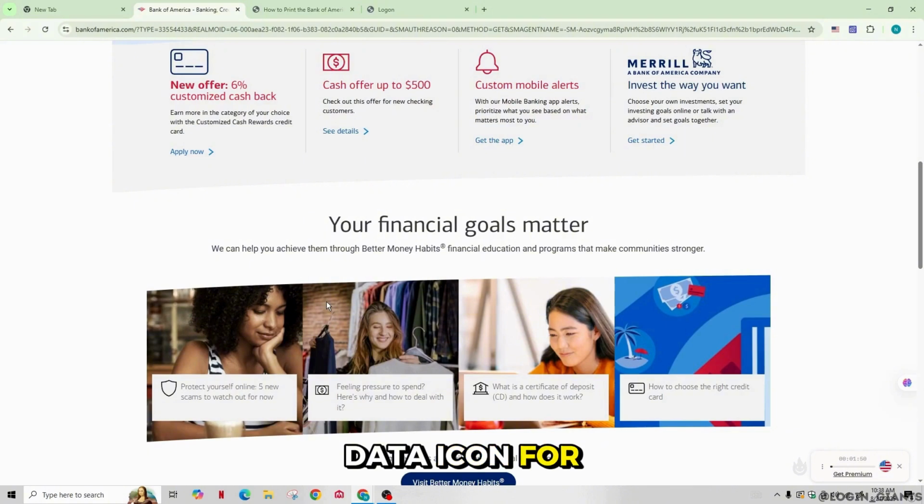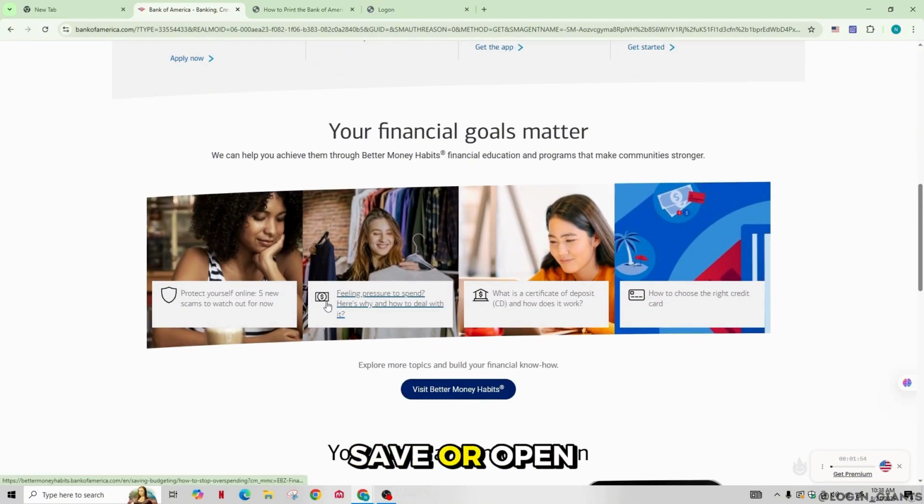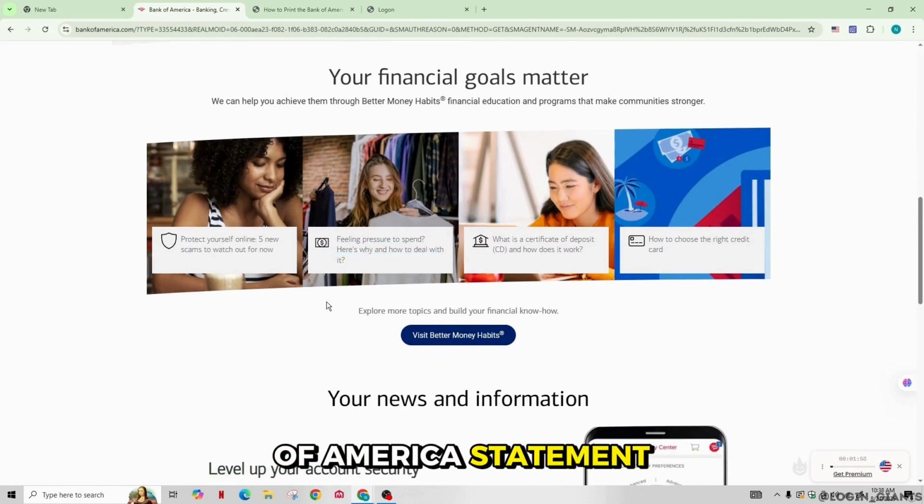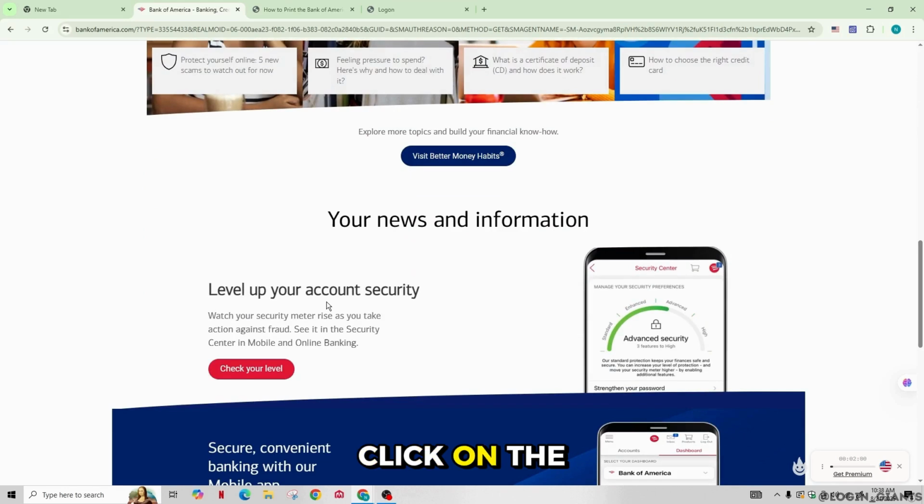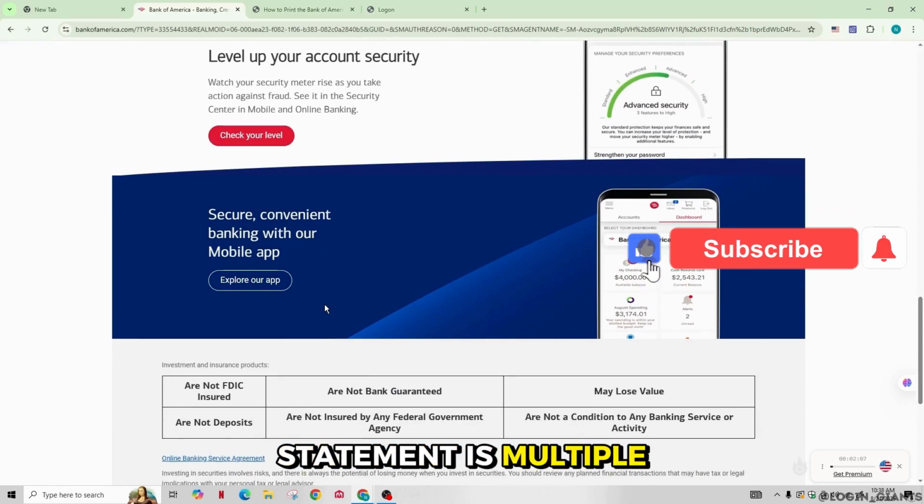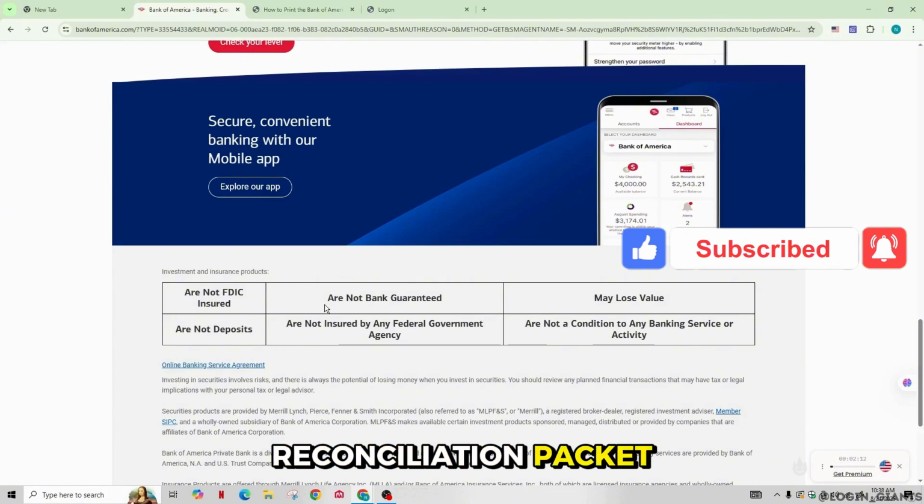Click on the date icon for the statement you want to print and a message will ask, do you want to save or open your statement? Click on open and your Bank of America statement will be displayed. Click on the print icon in the top bar and looks like a printer. Click on print and if your statement is multiple pages, include all pages in your statement reconciliation packet, and then